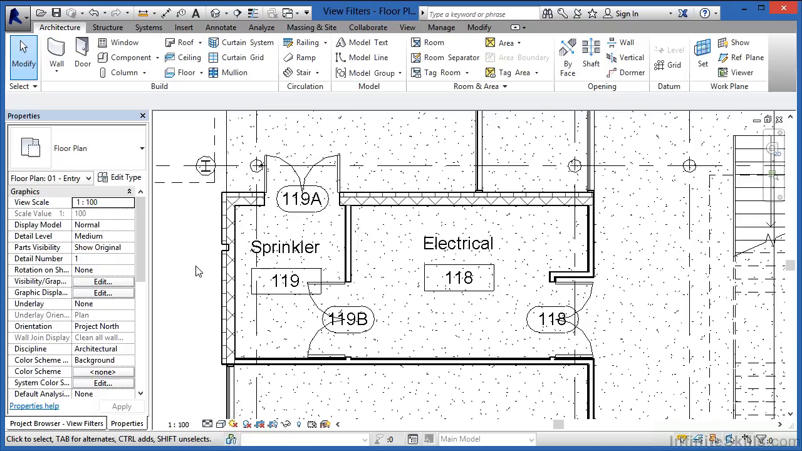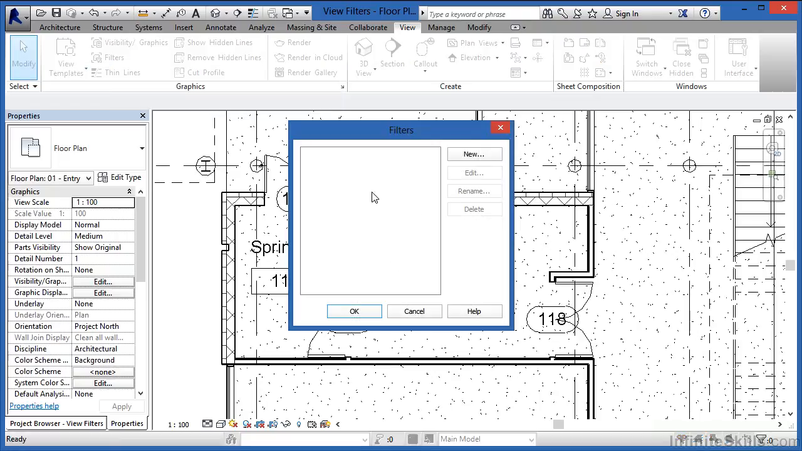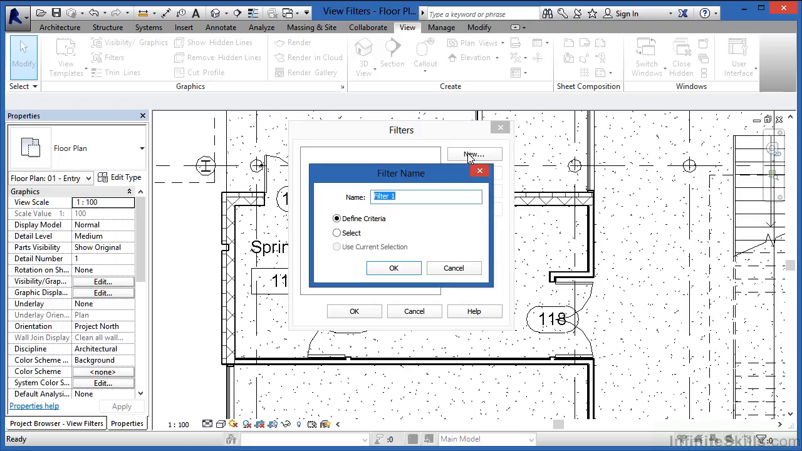Now the next thing we need to do is create a filter which will allow us to see those elements a little bit differently so they kind of stand out on the sheet. To do that, underneath View, over toward the left-hand side, there's a button called Filters. Right now, there are no filters loaded into this project. So what I like to do is create 2 new filters. So I'm going to select the word New for the first time, and this one I'm going to just